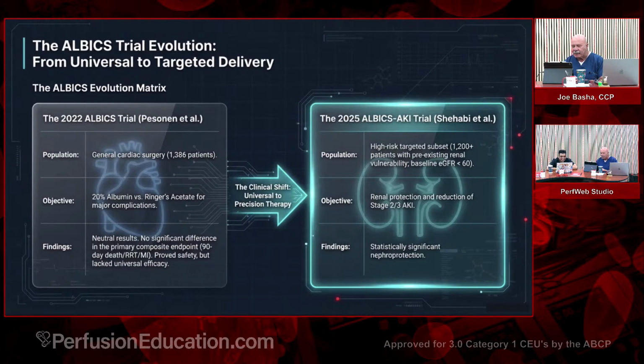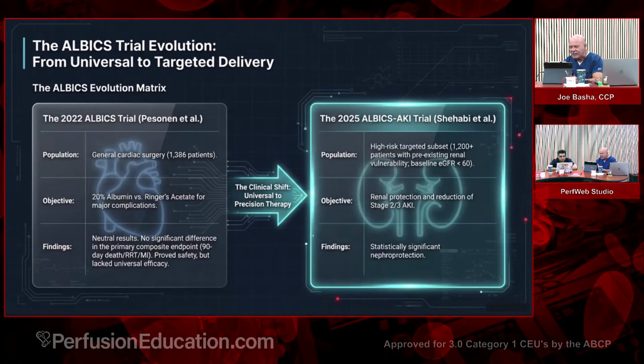The trial done by Pasonin et al. Population: general cardiac surgery, 1,300 patients. Objective: 20% albumin versus Ringer's lactate for major complications. Findings: neutral results, no significant difference in the primary composite endpoint of 90-day death, renal replacement therapy requirement, or MI. It proved safety but lacked universal efficacy. So in this study, the ALBICS trial did not show a benefit, but in 2025,